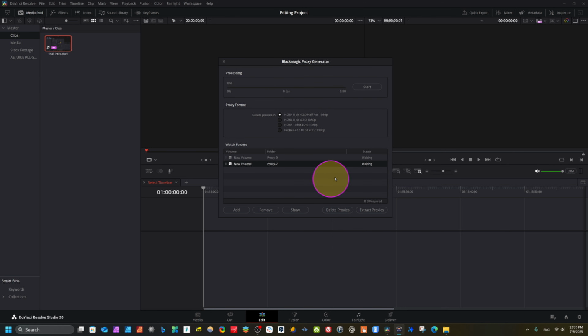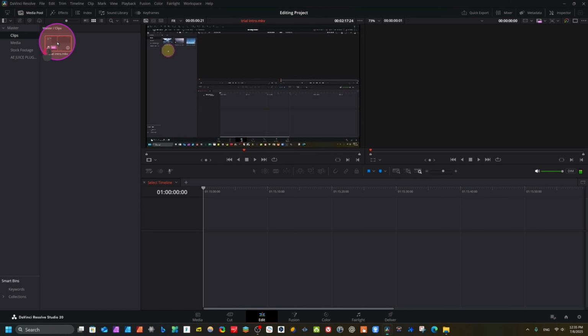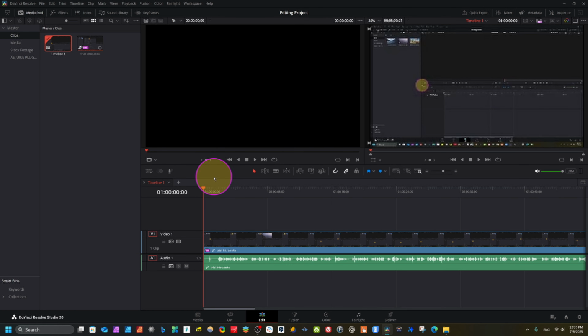So I don't recommend you to use this when you have very complex, several works. If you want to generate very fast, if you have a small clip, use this Blackmagic proxy generator. Otherwise, if you have a very big project, very long tutorial video like me, don't use this. Okay, we close this, and now we just drag it to our timeline here. Now you can see quality is not good, but when we have to trim video, add effects, etc, then it's good.